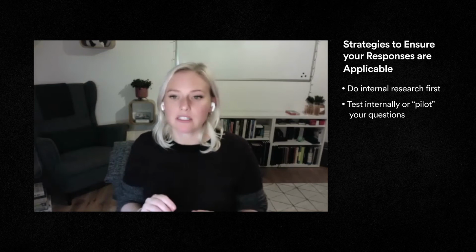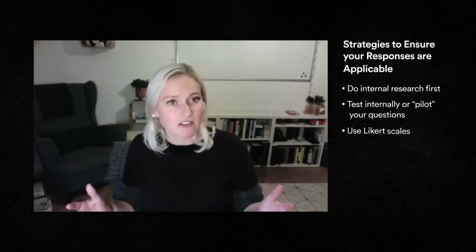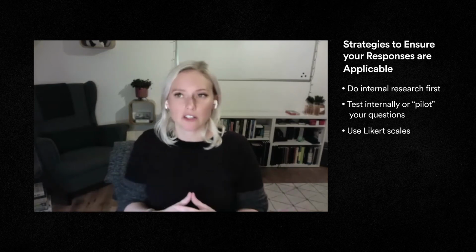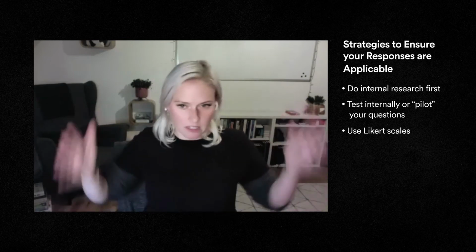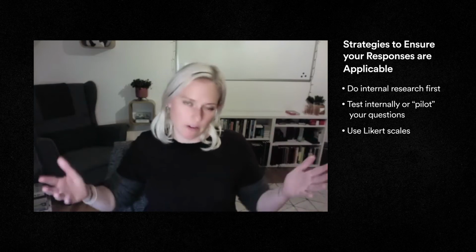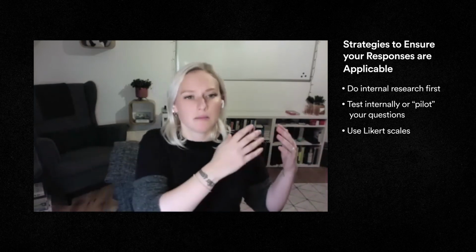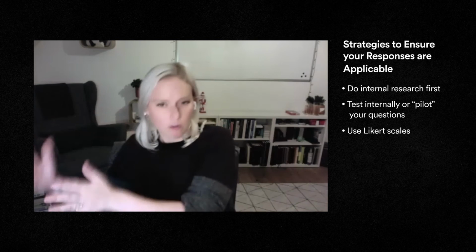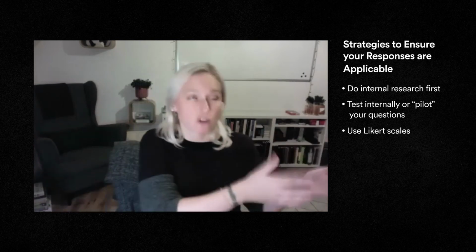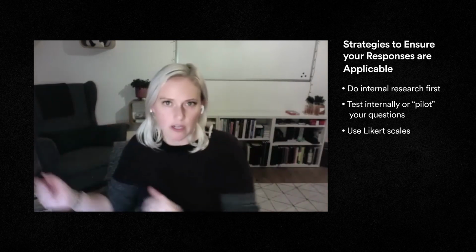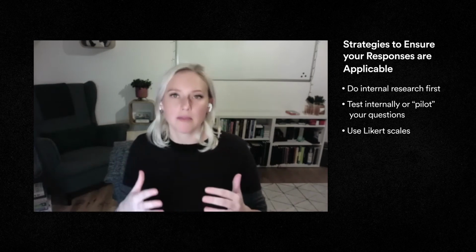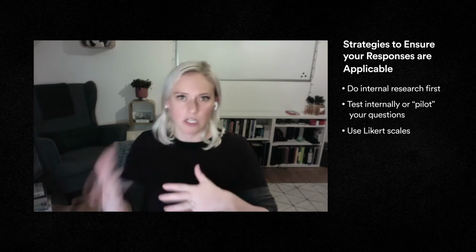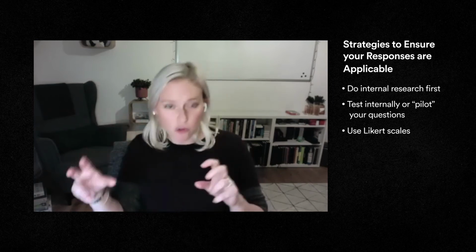That is very important. Stick to Likert scales. So Likert scales are generally either from 1 to 7 or 1 to 5, and they have anchor points at either side of extremes. Very commonly, I agree all the way to I disagree, or strongly agree all the way to strongly disagree. That is very helpful as well, because it also gives people the opportunity to opt out of things or be neutral about things.